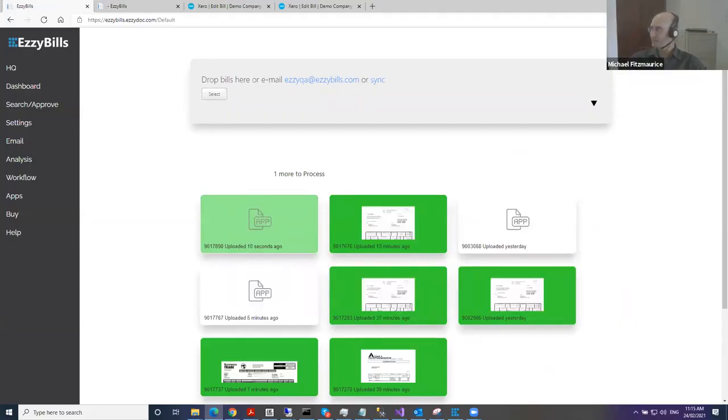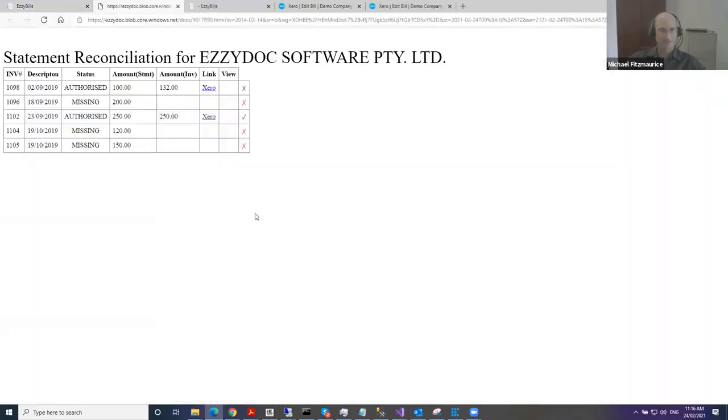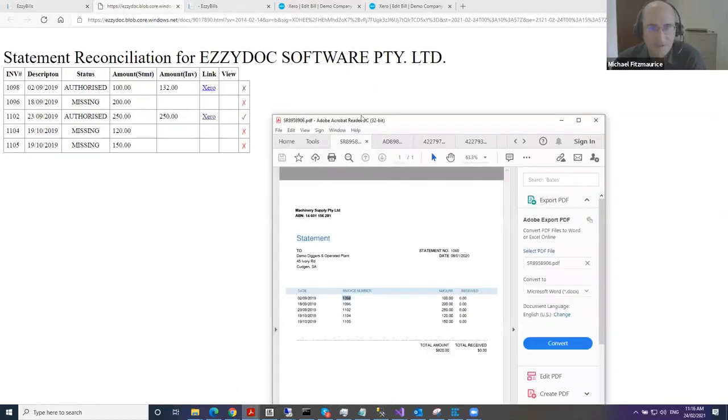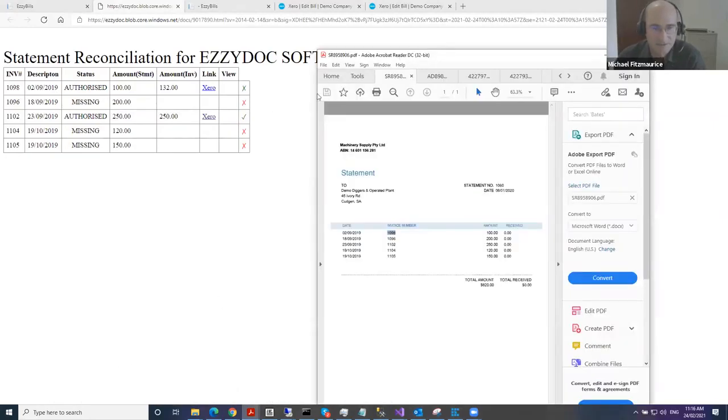And we're going to extract the details and then generate the report. So I'll just wait a few seconds for that. So that's finished now. So if we have a look at the report, if we bring up the statement again, somewhere here. So what we've done is